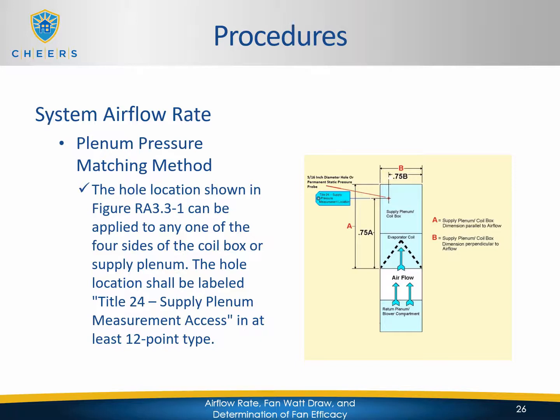So the hole location shown in figure RA 3.3-1, which is on the right hand side, can be applied to any one of the four sides of the coil box or supply plenum. The hole location shall be labeled Title 24 Supply Plenum Measurement Access in at least 12-point type. Now keep in mind that if for some reason the construction of the house and the location of the unit does not allow for an installer to drill those holes or to have access to those holes due to framing or structural